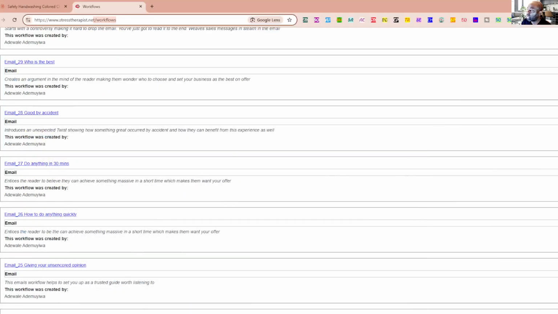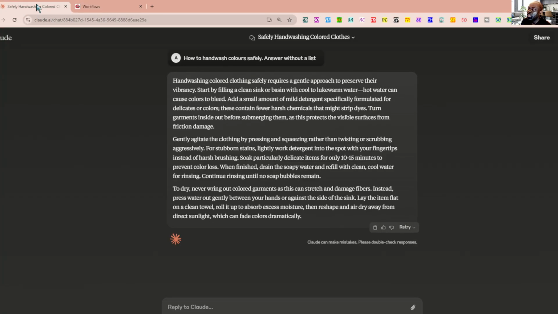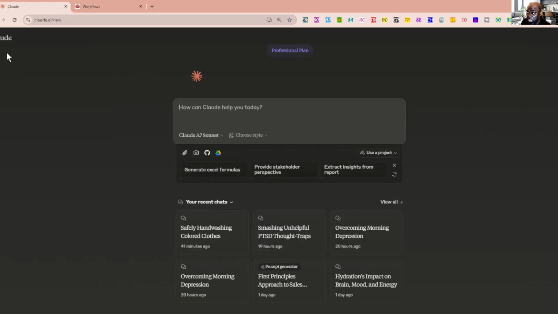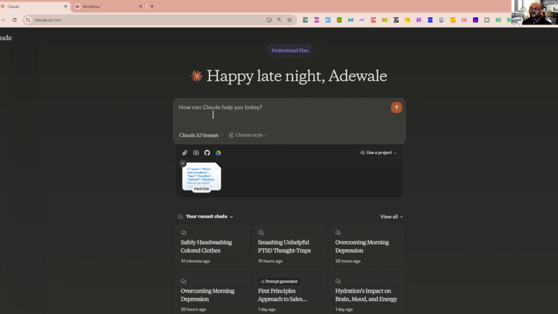This process would work in ChatGPT. It will work in Google's AI tool. I tend to find Claude also does a very good job, and the degree of prompting you need to use with these templates in Claude is a lot less intense. So I'm just going to paste that into Claude, and I'm going to tell Claude that